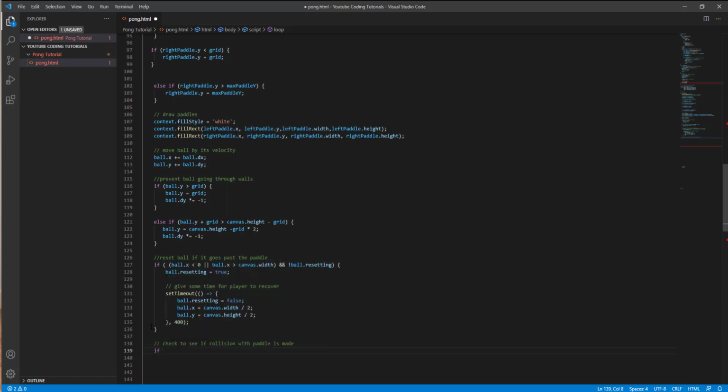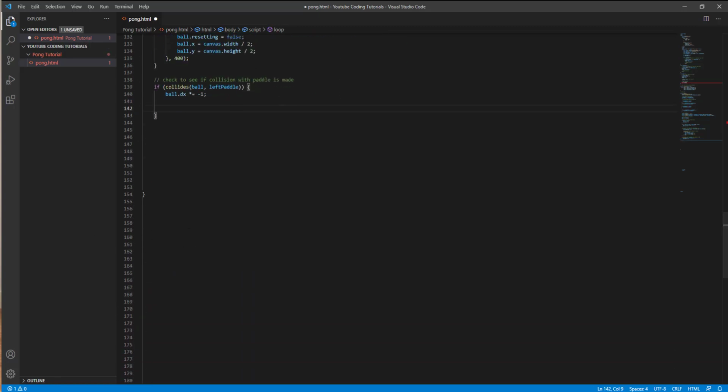And then we're gonna go if ball collides with the left paddle, then we're gonna go ball.dx *= -1, and then we can close that. And now if we scroll down a little bit,